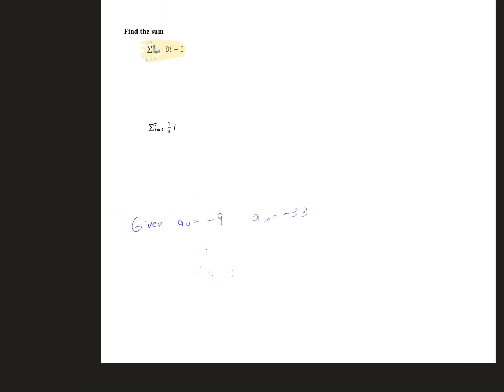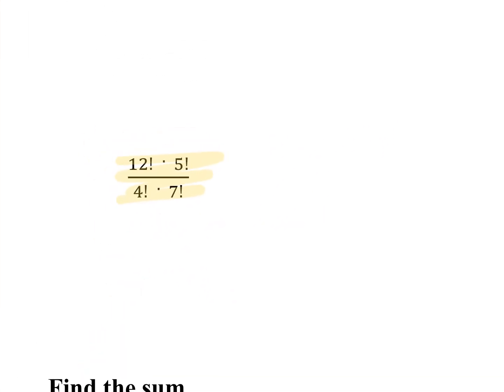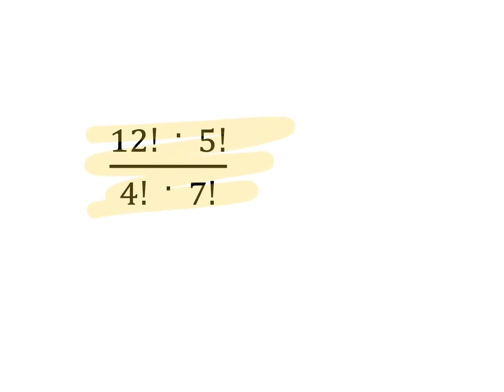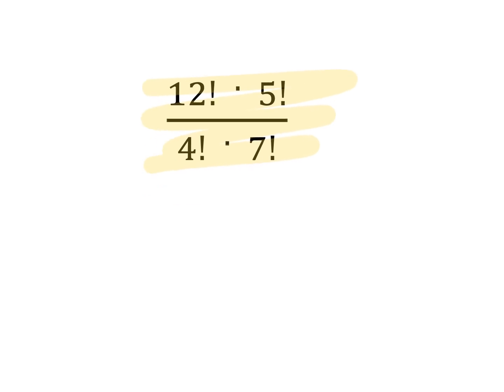I made up a problem on the bottom here. All right, you're going to have a factorial one. Guys, this is super simple, super basic, but I do need to see a little bit of work. What does this mean? 12 factorial over 7 factorial times 5 factorial over 4 factorial. We're just super excited for 12 and 5? Yeah, you guys don't like my joke. Come on. All right, so what this means is 12 times everything below it. So 11 times what? 10 times 9 times 8 times